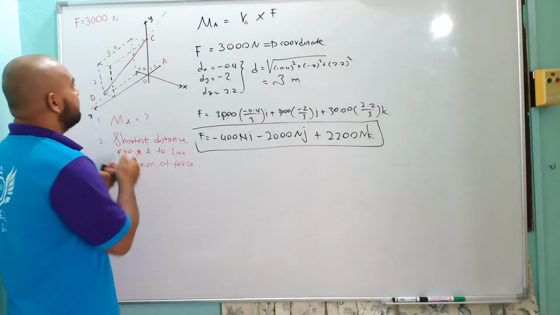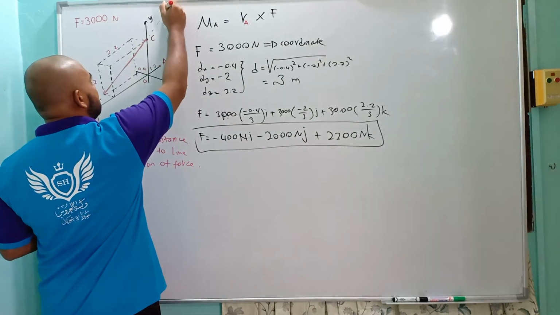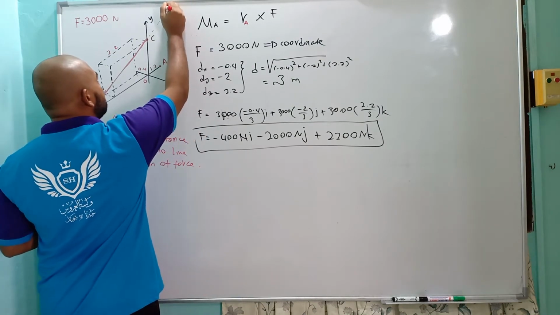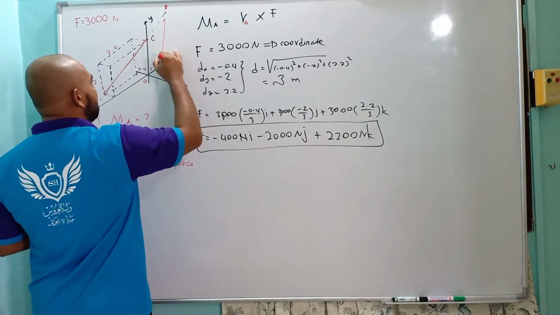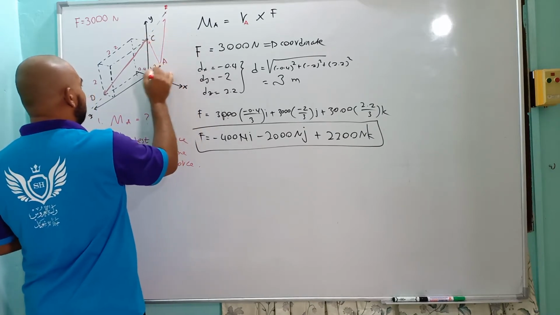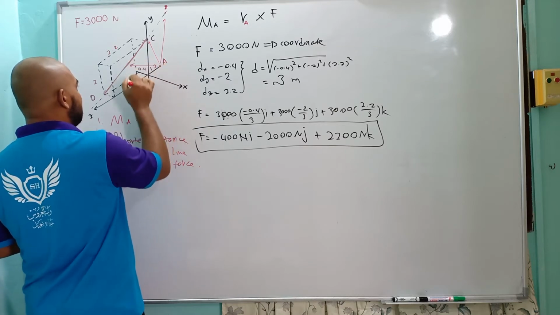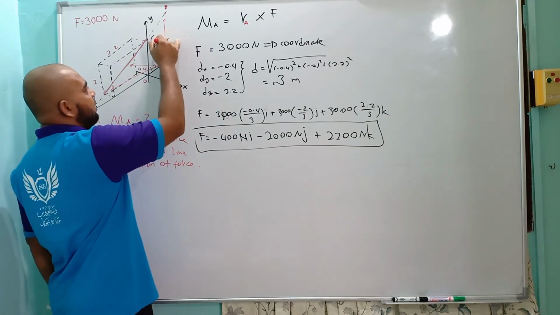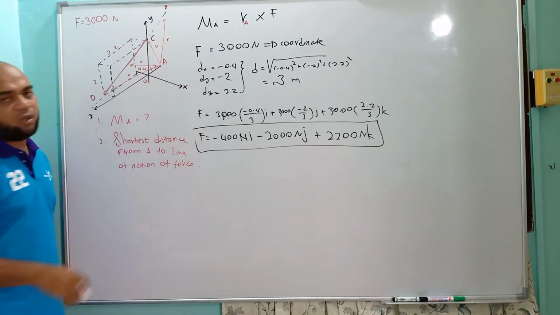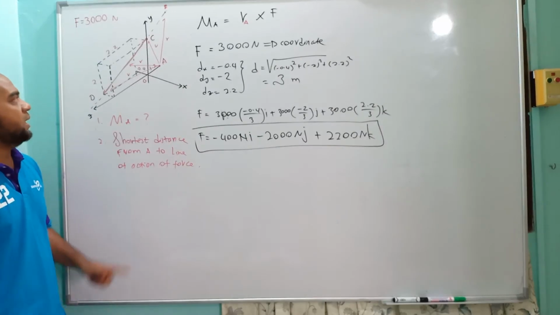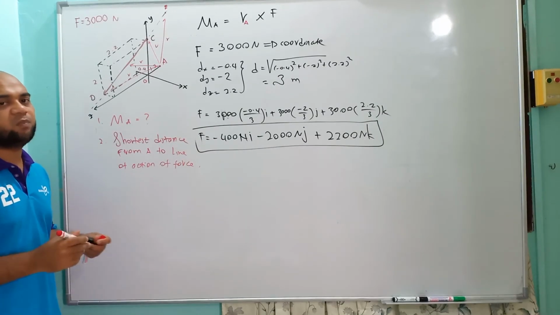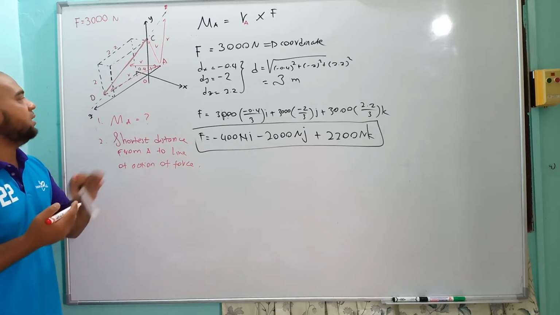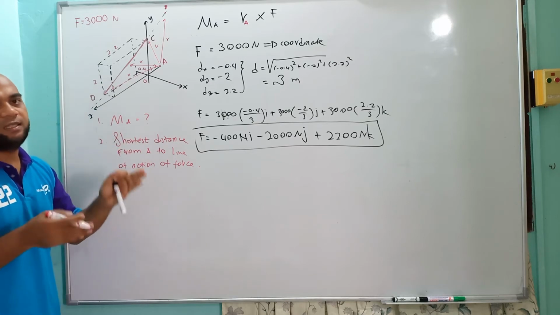Let's say this is point A, B, C, D. You can have A to E, or A to C, or A to D, or A to any point here. This can be your R. You can choose one of them, but you have to choose wisely the easiest point, where you can take the movement from A to that point in terms of I, J, and K.